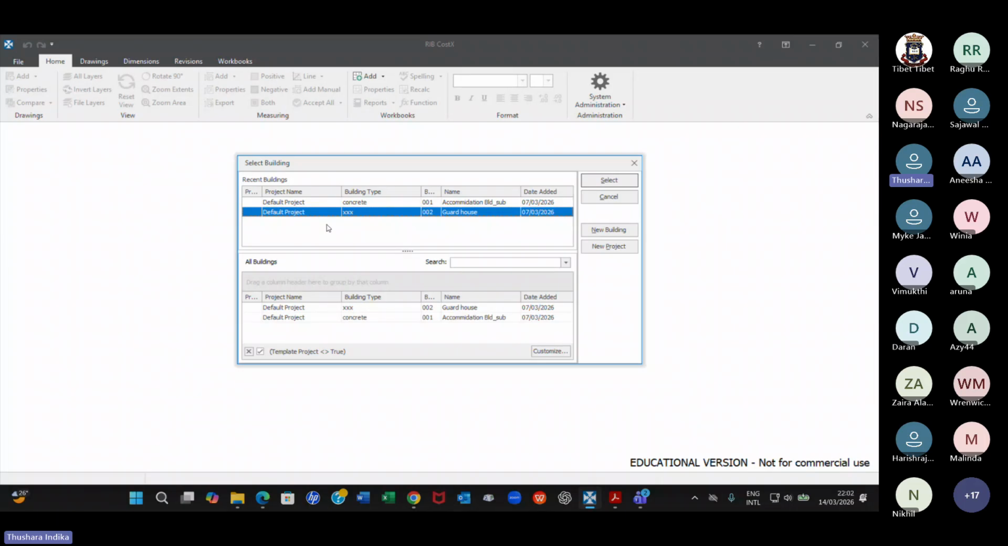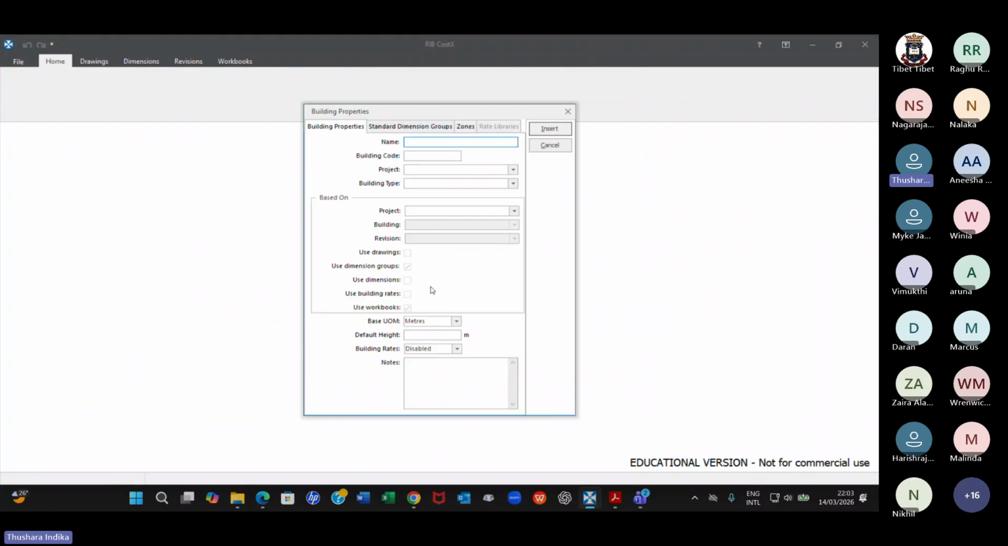Why have I deleted this earlier? Because it will only allow 3 new buildings to be introduced here under the educational version. That's why I deleted one of the projects I had, because I wanted to show you how to add a new building again. So I press on this new building, and whatever name you give,